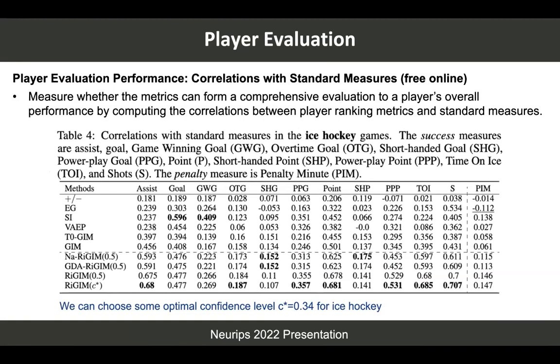Maybe one question as well. So the goal was to have a risk averse player evaluation. Can you somehow see how this risk averse metric is now better than, let's say, these? I assume these other measures were not risk averse, right? So is there some way to quantify why and how the risk averse metric is better than the non-risk averse one? I think one benefit of using our uncertainty value is